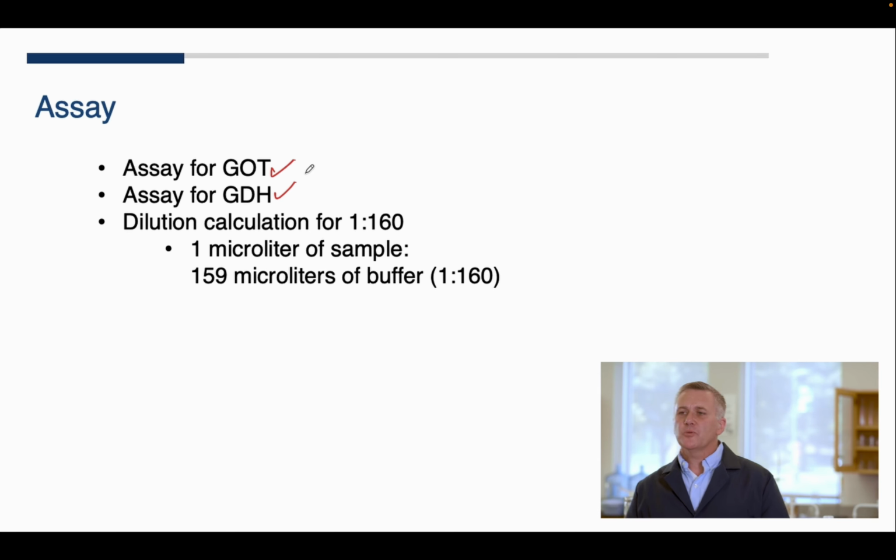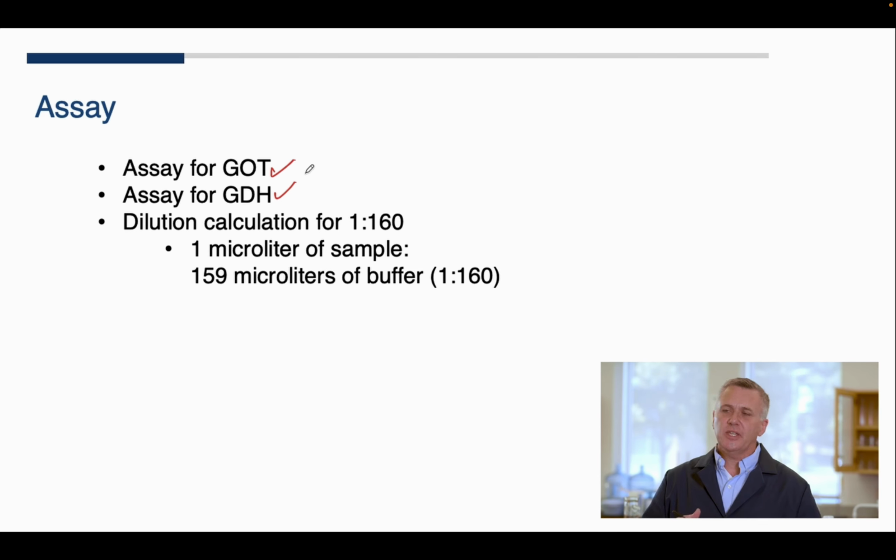When we do this, however, we're going to have to make sure that we dilute. Why? GOT is actually fairly concentrated, at least for this assay, in pig heart, and so we often need to dilute this. And so we'll often talk about a 1 to 160 or a 1 to 80 dilution for these fractions. And just to let you know, for a 1 to 160 dilution, what we're going to do is